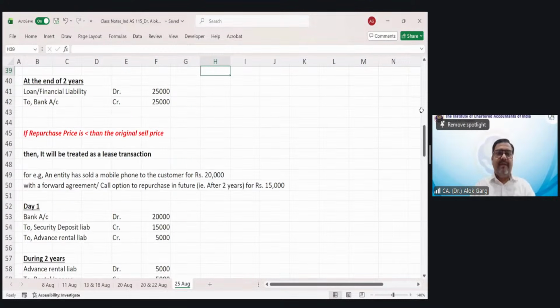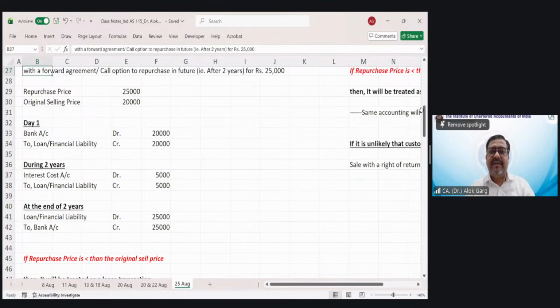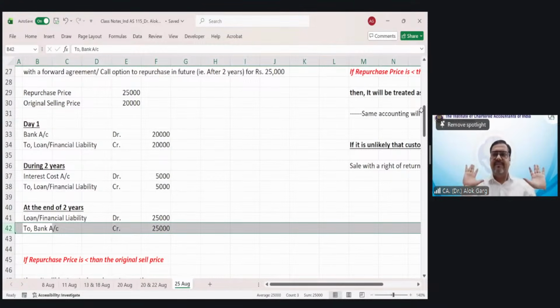Let's say, Rachit, here instead of a loan, financial liability to bank is not there. For example, Rachit, at the end of 2 years, initially it was considered as a financing transaction. At the end of the 2 years, the seller denied, I'll not repurchase. Buyer also agreed. So instead of to bank, it will be to sales, to revenue from sales. Okay, right? If the asset is destroyed after 1 year, then of course he will charge money from the customer, because the control is with the seller only.